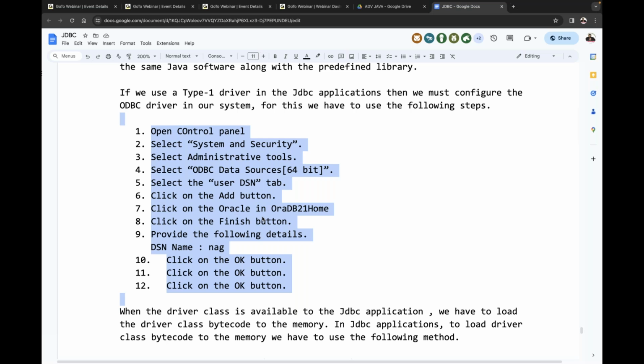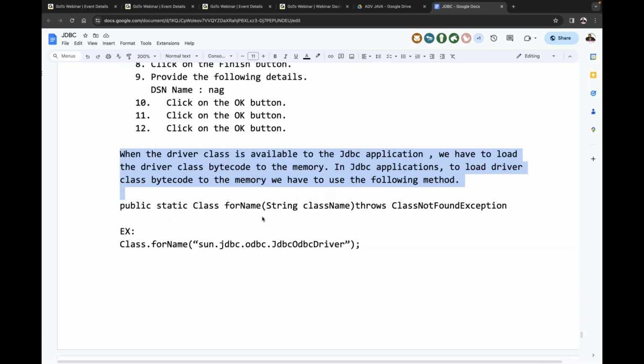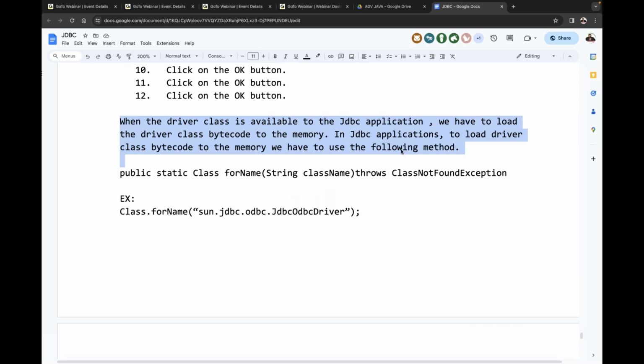That's it. When the driver is available to the JDBC application, we have to load the driver class bytecode to the memory. In a JDBC application, to load the driver class bytecode to the memory, we have to use the following method. What method do we have to use? public static Class forName(String className) throws ClassNotFoundException. In the case of Type 1 driver,